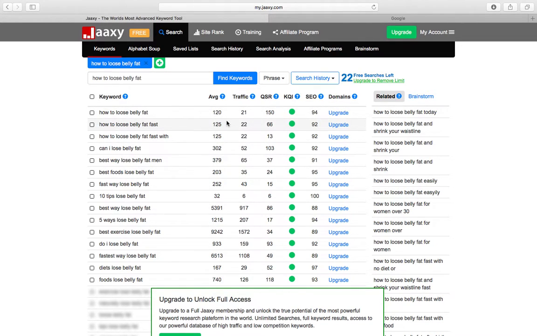So what you want to do is, first of all, have a look at the competition, because you don't want to compete with loads of people if you're new to SEO. And then look at your traffic and see if it's worth you doing it. Obviously, any traffic's always good, but you don't want to waste your time if you're not really going to get much, even if you're on page 1 of Google. So if I was looking down here now,